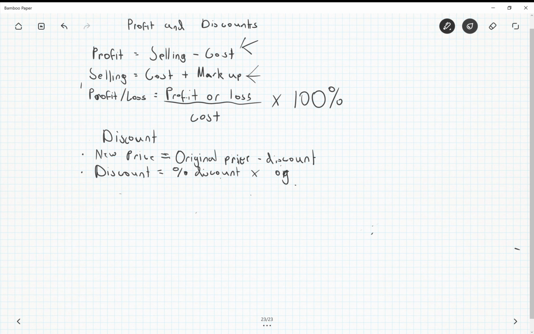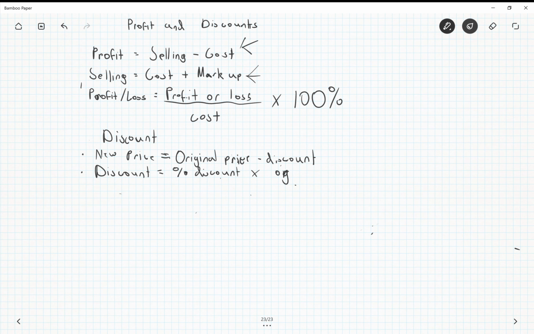So the profit of something, you find it by minusing the selling price by the cost of something. You find the selling price of something by adding the cost with its markup, and you can find the percentage of profit or loss by dividing the profit or loss by its cost that it took, and then you multiply